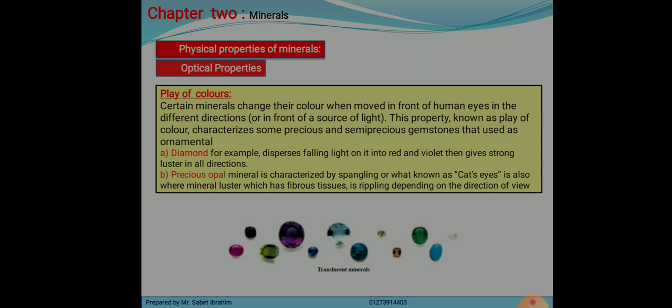Let's take another property, play of colors. Some minerals change their color when moved in front of human eyes in different directions or in front of a light source. This property is known as play of colors. Some minerals, like precious and semi-precious gemstones, which we use in ornaments,